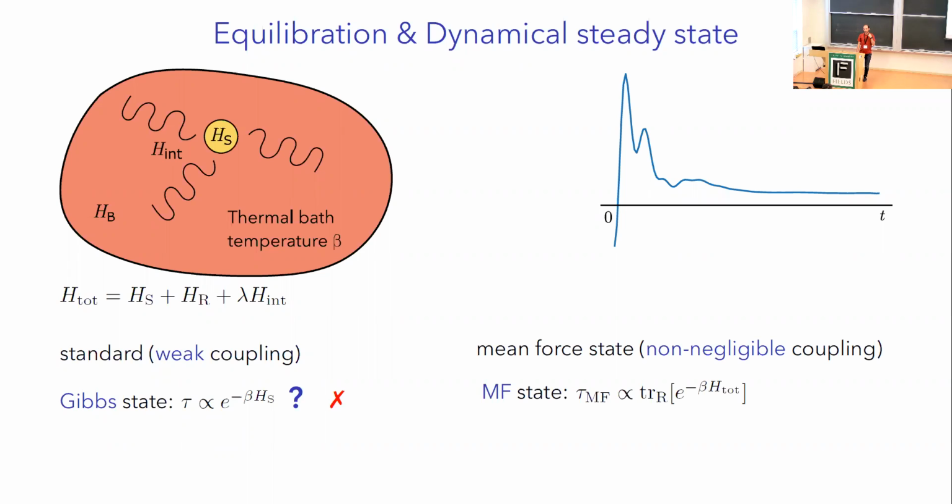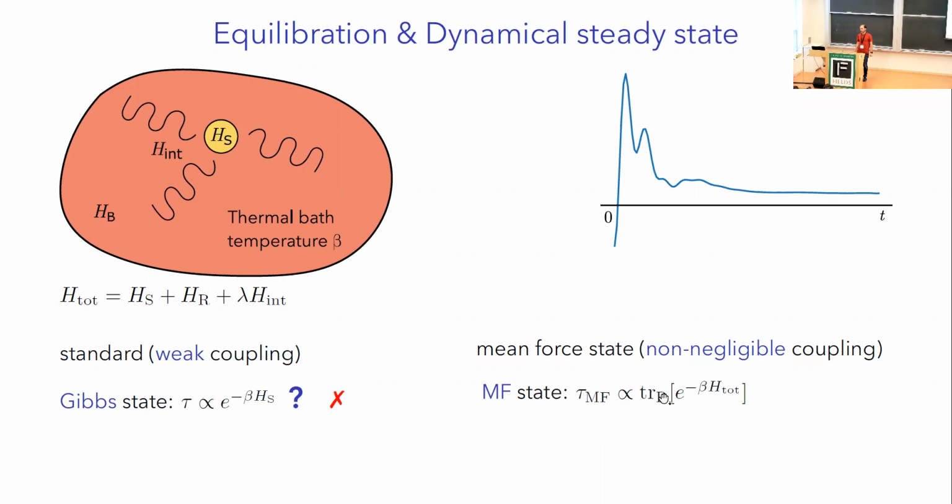In general, proving what that equilibrium state is, is hard, and there is no known solution valid at all coupling strengths. One approach to finding this equilibrium state is known as the mean force Gibbs state, which postulates that the equilibrium state is given by the thermal state of the whole Hamiltonian, so the system plus environment plus interaction, and then tracing over the environment. This is a very reasonable assumption because all the environment is doing is equilibrating everything at a given temperature, but for the state of the system, one needs to take into account the interaction, so it's not just the Gibbs state, but one needs to take the thermal state of the whole Hamiltonian, and